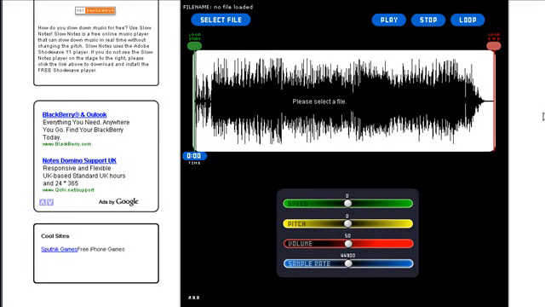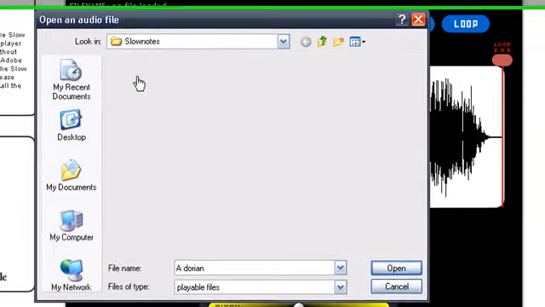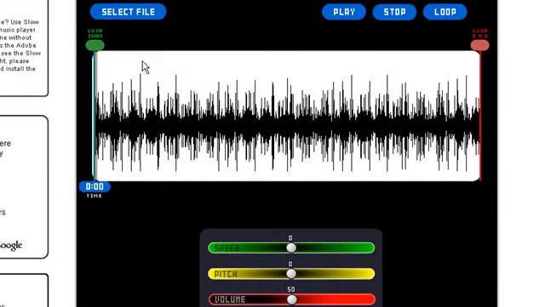So what I've done is, you've got to have the file of the track you're trying to slow down already as an MP3 file. So I've got a folder on my desktop that's got a couple of files in. If I go to select file, it'll show me my desktop, and on the desktop I've got the Slow Notes folder with these two files in. So I'm going to choose the A Dorian backing track, which is the free backing track on the scales lesson in the beginner section of the website. If I click on the play button,